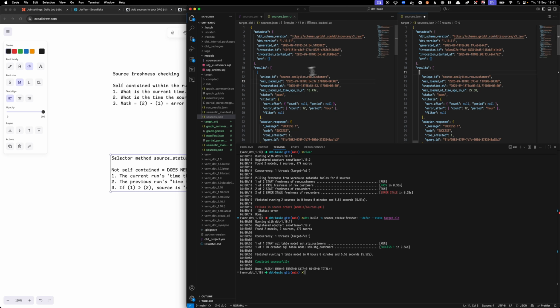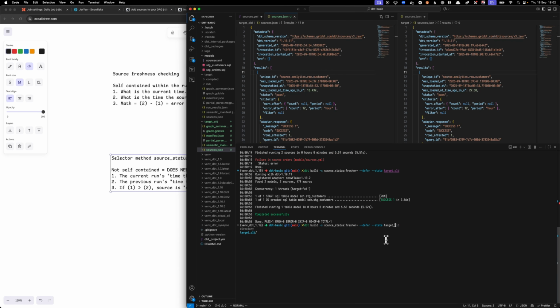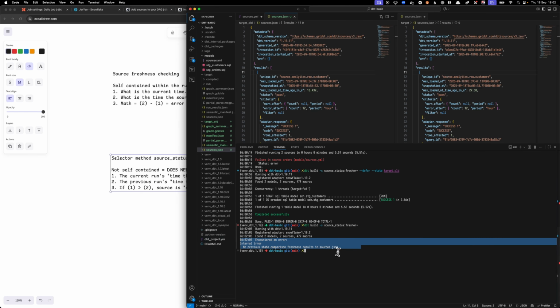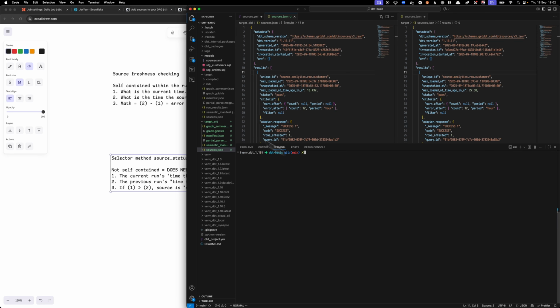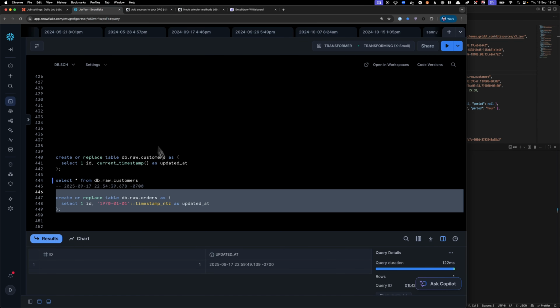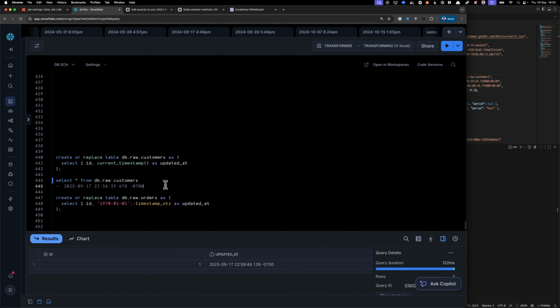You need two sources, right? If you have just one, like I said before, and you're not pointing to another sources.json, then dbt is going to complain, right? Hey, I need to compare the sources JSON from what I have right now to something else before, right? So that's why we do this defer state stuff. Cool. So I'm going to go and reset all of this, and then let's try and do it in dbt